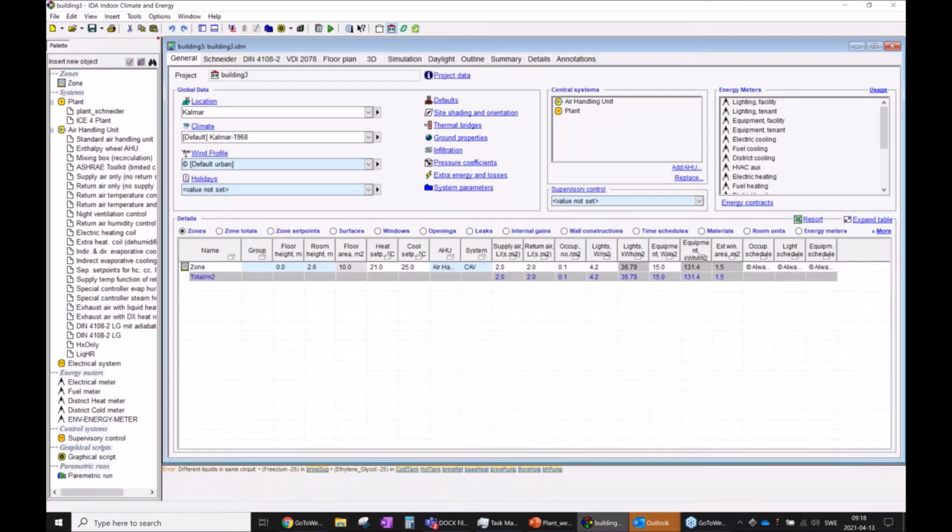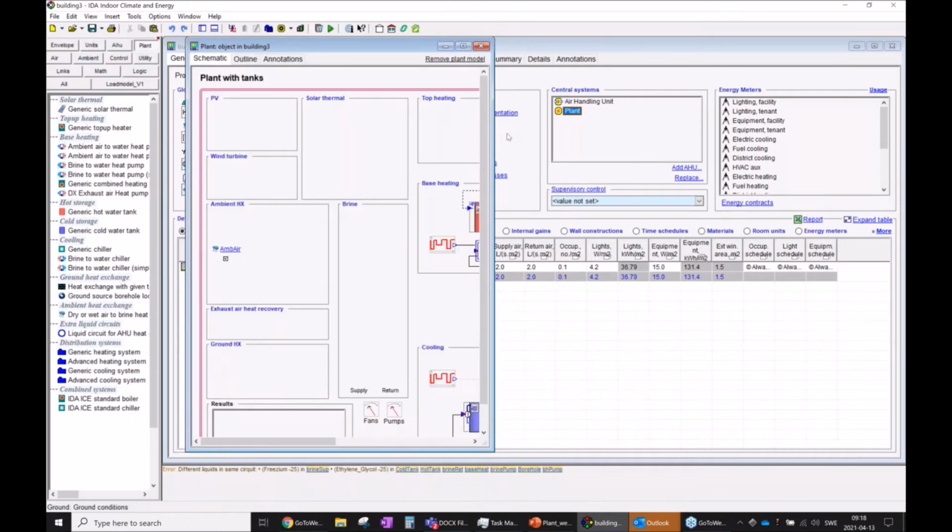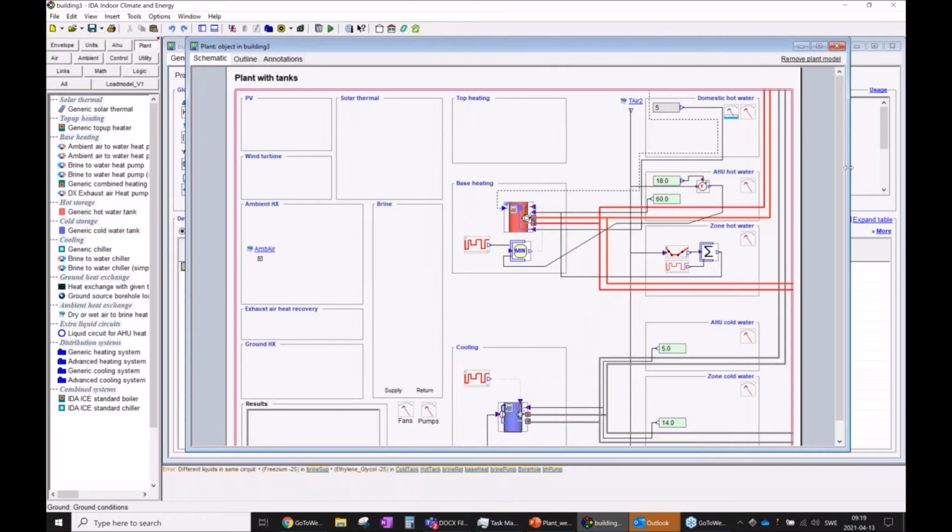So as Jürgen mentioned, or maybe didn't mention it actually, in ICE 5, the old familiar plant model has been replaced by what we call the ESPO plant. I'm pretty sure most of you have come across the ESPO plant before because it's been in IDA for quite some time, but it's not been a default option before. And we're still doing this a little bit carefully. So if you do build plant model here, you actually get to the old, very super simple IDA plant,